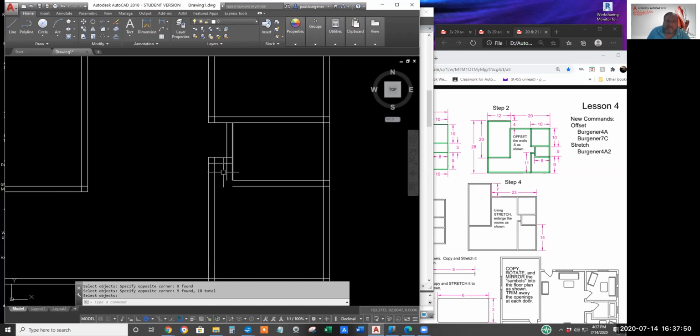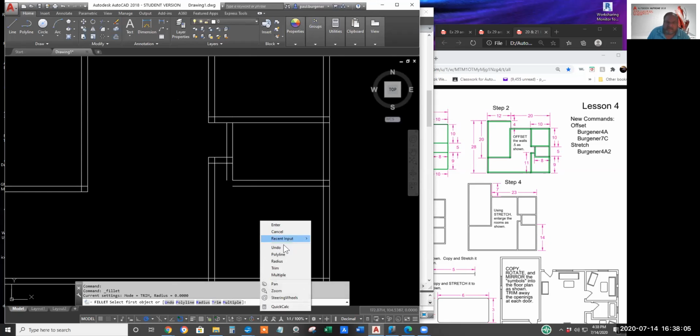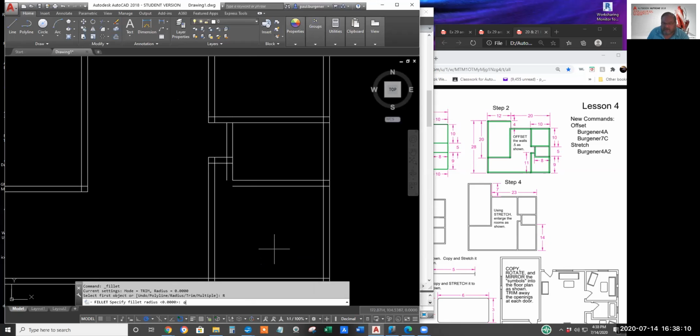I think this may be the only one that's unusual and calls for a fillet with a 0 radius. Let's do that one first. We'll launch the fillet command. We'll set the radius option to 0. It's already 0, but good measure. And click closer to the ends we want to form the 0 radius bend.